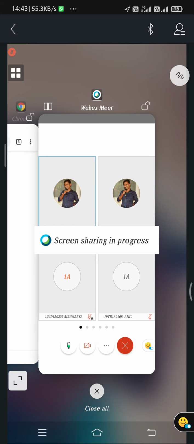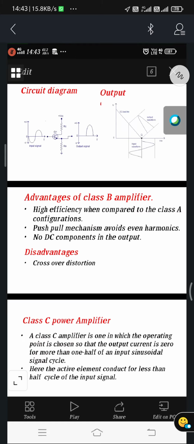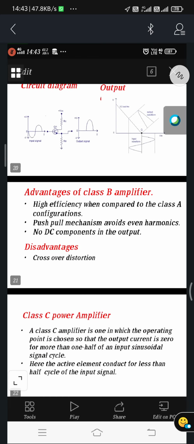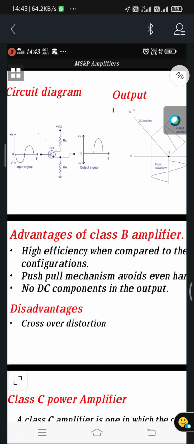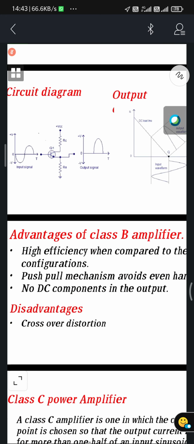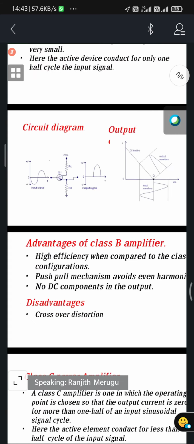to do all these things, what we have done for the class A power amplifier, I already told you, while I am explaining the class A power amplifier, I asked you to listen very carefully. Why? Because while I am explaining the class B and class C amplifiers, I am going to give just a rough explanation because everything is the same mathematically. You can write the input KVL as well as the output KVL. After that, find the AC output power as well as the DC input power, and after that do the efficiency.